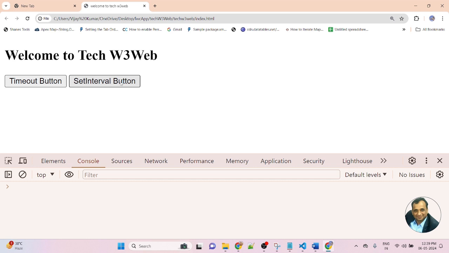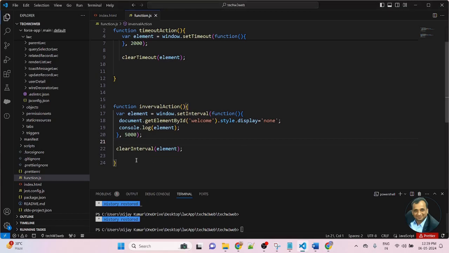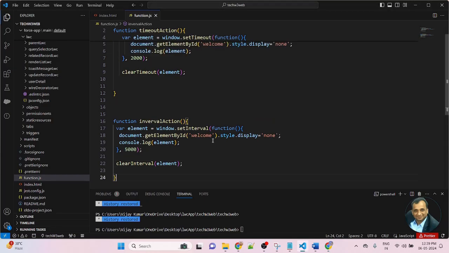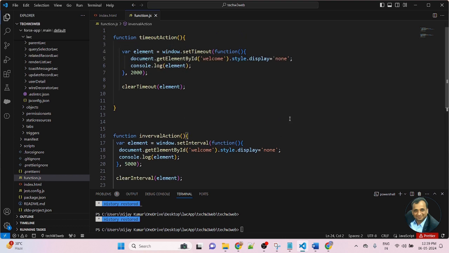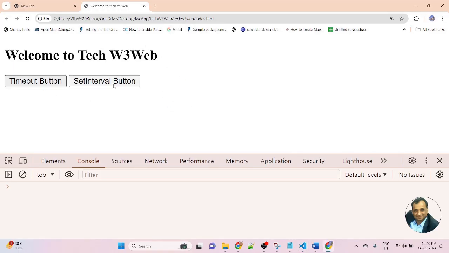The title will not hide because it stops the calling again and again of the setInterval functionality, because here I am mentioning clearInterval. So clearInterval stops the setInterval delay functionality, and clearTimeout stops the window setTimeout delay functionality. So it will not call the functionality again and again, and if you mention clearTimeout for setTimeout, it will not hide because it will stop the setTimeout delay.